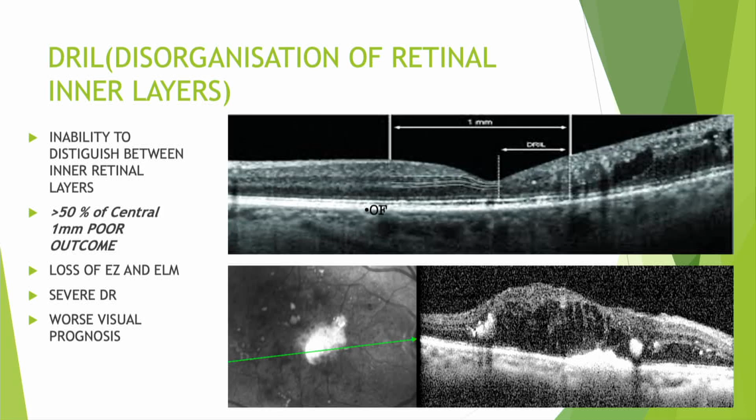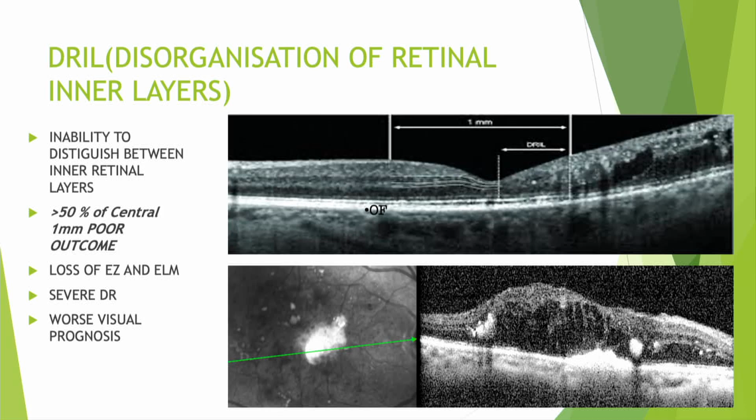The other biomarker is the disorganization of retinal inner layers. It's a disorganization of the inner retinal layers like the inner plexiform, the ganglion cell layer, the inner nuclear and the outer plexiform layers. How to identify it is you start tracing the inner retinal layers towards the fovea, and where the borders between the layers get indistinct, DRIL is present. And when the horizontal extent of DRIL is measured in microns, and when DRIL occupies more than 50% of the central 1 millimeter zone, it is supposed to be associated with a poor visual acuity, and it is often seen